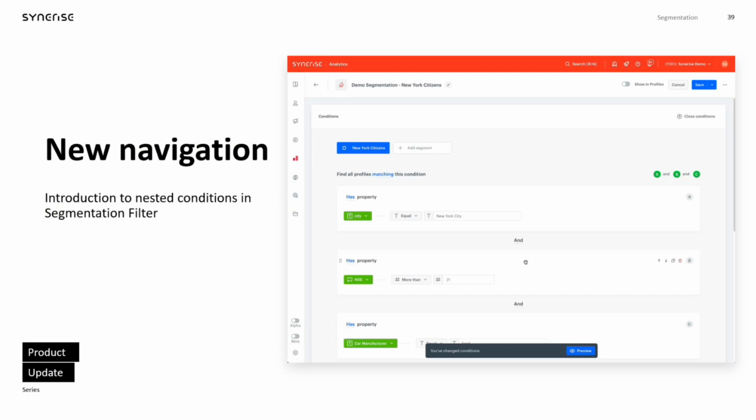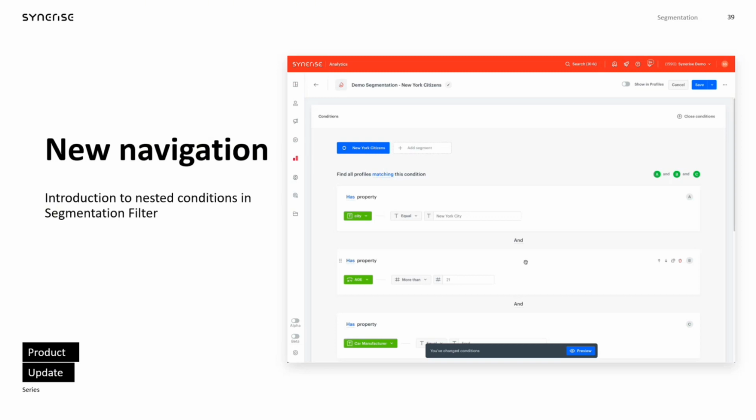But right now, we strongly believe that this is the one. This is the best way of building the queries for our database. And needless to say, the segmentation and this visuals and this look and feel will be the main option. So in other words, the previous one will be deprecated and it will be no longer supported, but don't